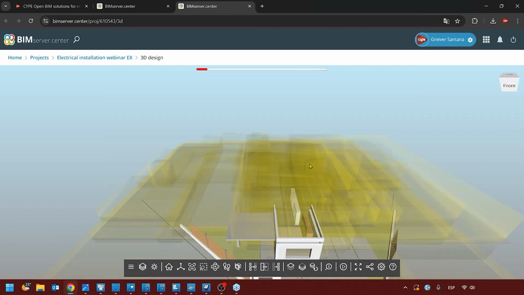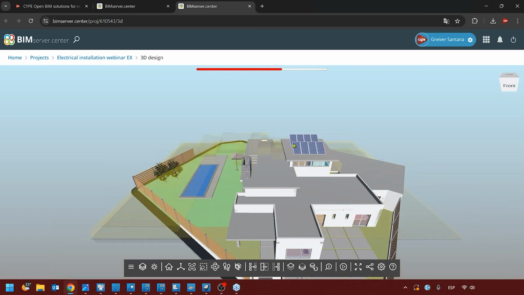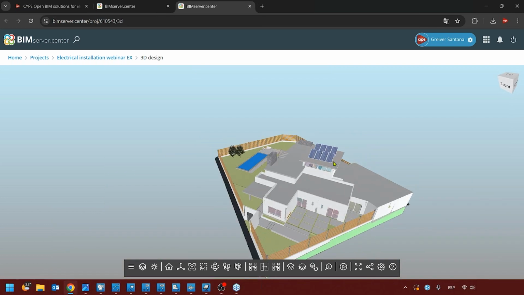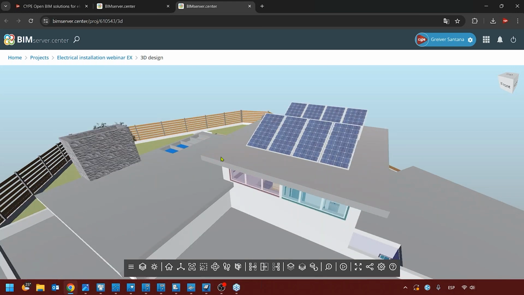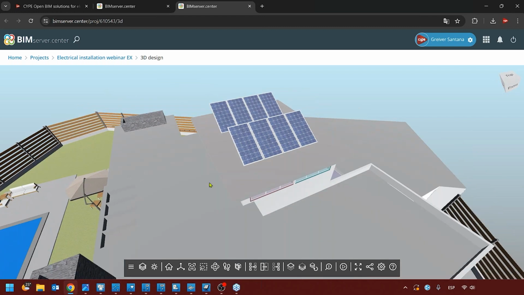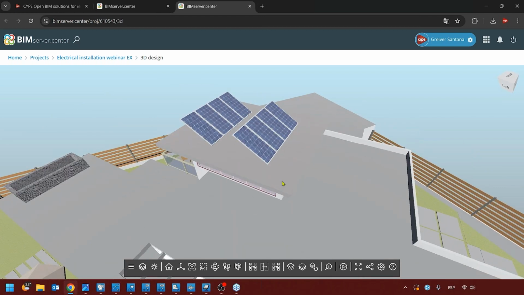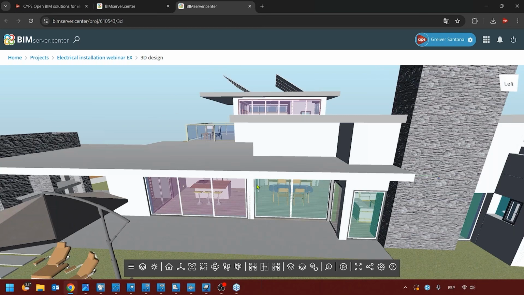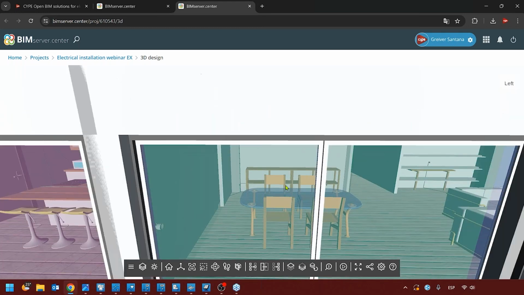By accepting it, now it is going to be generating the view. This can be seen online, for example, if you go to the project site and you want to see if it is being carried out according to the design, you're going to be able to see. So here what I'm going to do is I'm going to go inside the house,